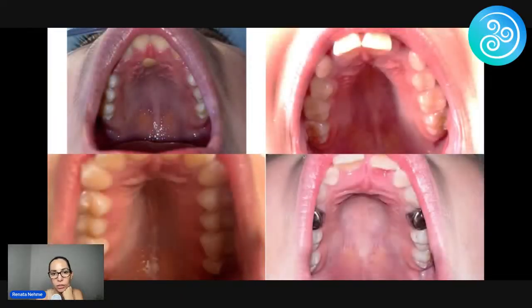I'm not going to go through all of them, guys, but high vaulted palate. Let's look for patients with that bubble palate or asymmetrical palate or V-shaped palate. This person on the lower left had palatal expansion done. So if you measure the distance between the molars in the back, that's usually what we check to see if they have enough room.